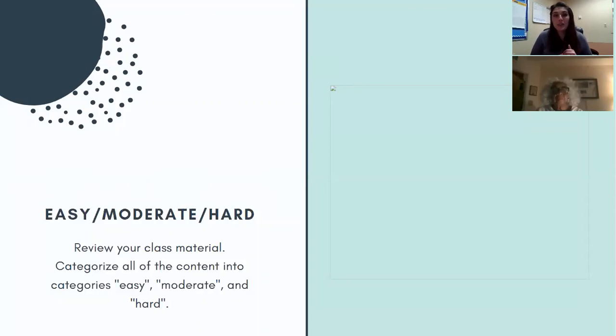Now, go ahead and use that to structure your study time. For concepts that are in the easy column, skim through that material very briefly. You don't have to dedicate much time towards that material because you already know it. You don't want to focus all of your attention in this area.